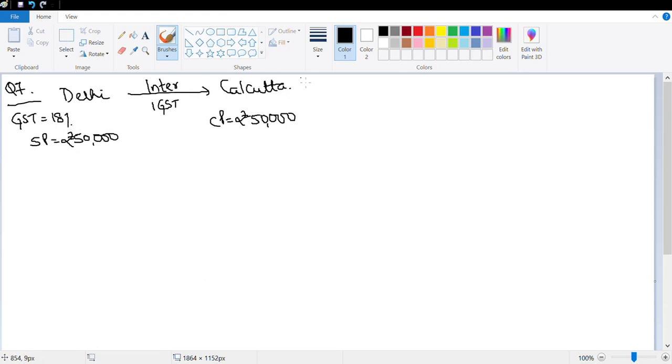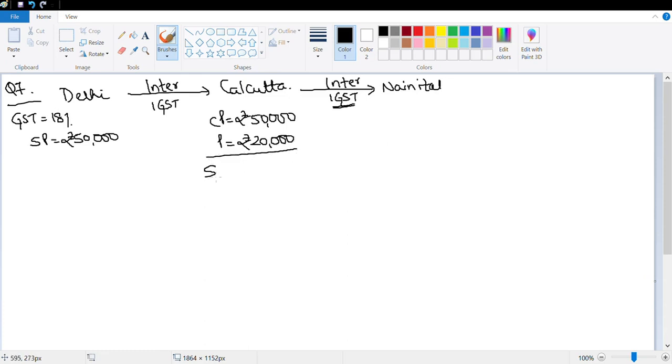And then from Calcutta to Nainital, this is being sold in Nainital. Again, it is interstate, which means IGST, but again, this could have been within the state, which is intra, and I would break up my GST into two components, CGST and SGST. With a profit of rupees 20,000. So profit here is rupees 20,000.